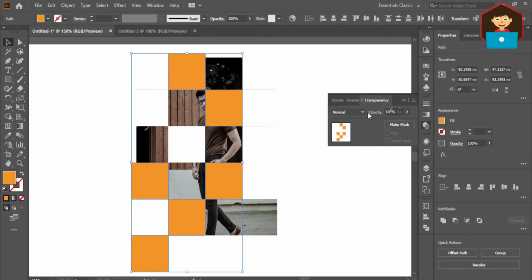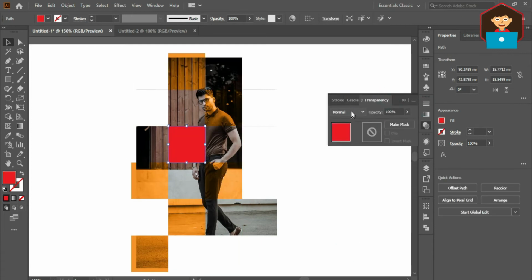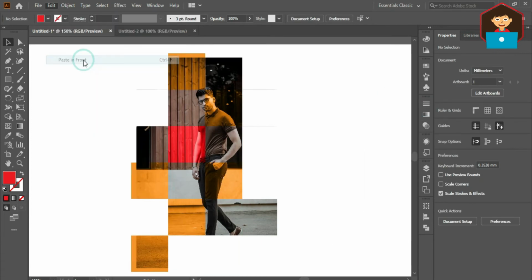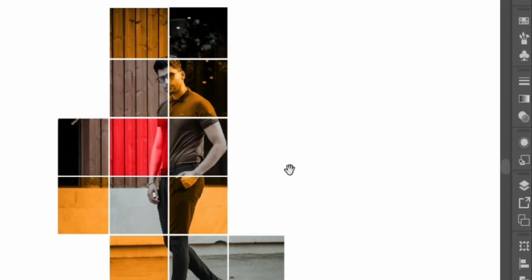Then go to Transparency, change the color mode to Color. Now paste the grid previously copied. This time, change fill color to stroke. This is how you can create your picture into